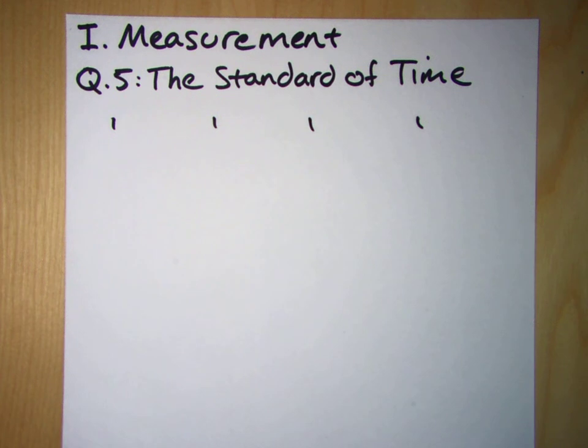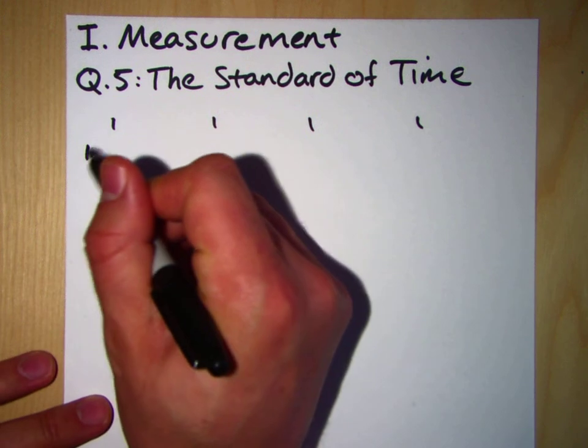Okay, here's the question. A certain pendulum clock with a 12-hour dial happens to gain 1 minute per day. After setting the clock to the correct time, how long must one wait until it again indicates the correct time? So let's say you set the clock at noon on the first day, and it reads